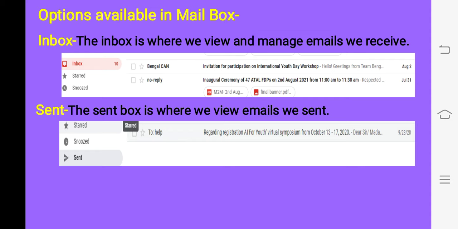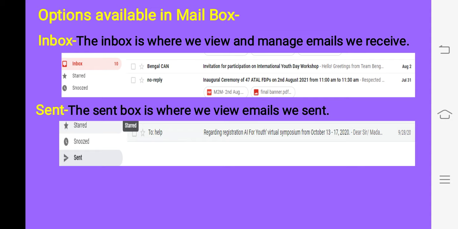So if you want to see the mails that are coming from the social groups, we just click on the social tab, we can see the mails. If you want to see the mails coming from promotions, we can see them in the promotions label. And when we open the inbox, children, generally we see the mails that are coming from known persons, that are in the primary tab.